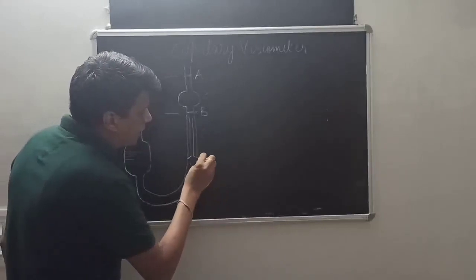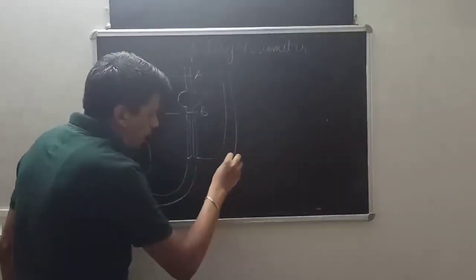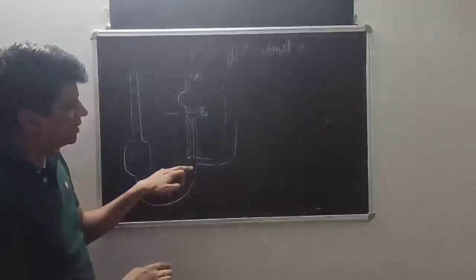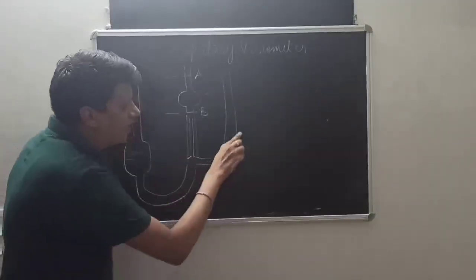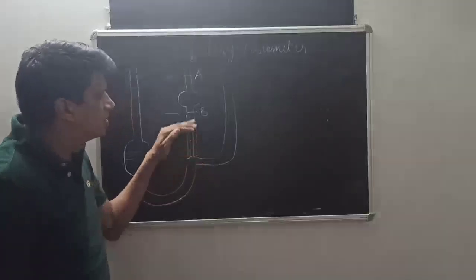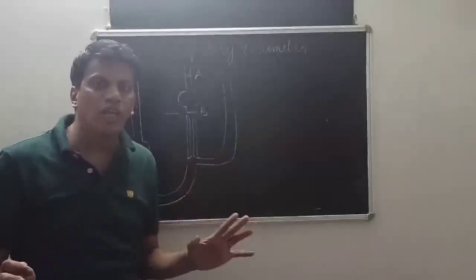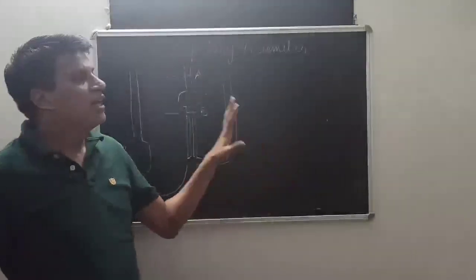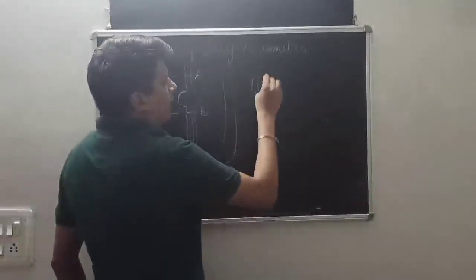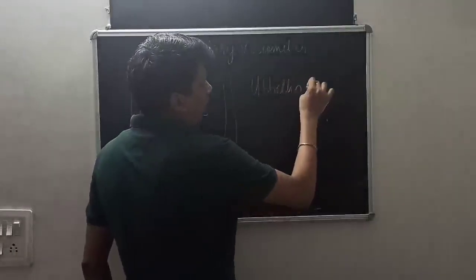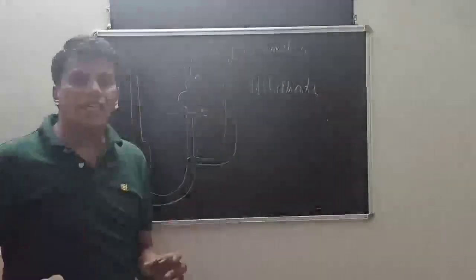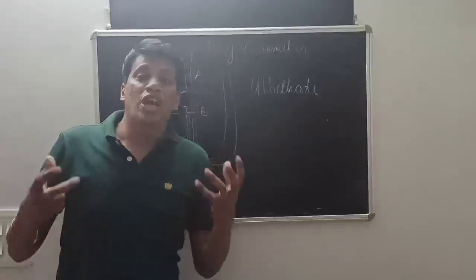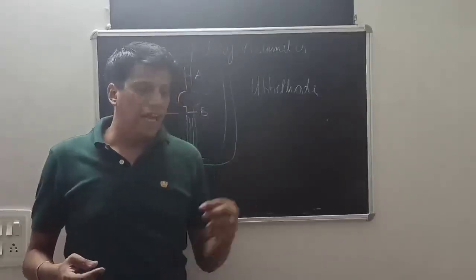So in the Bullhode viscometer, the third arm is placed to regulate the pressure. Now there is no liquid beneath the capillary. When liquid is there, it will move here. So just immediately after the capillary, there is no liquid. So vacuum is there and results are more accurate. This is called the Bullhode viscometer.